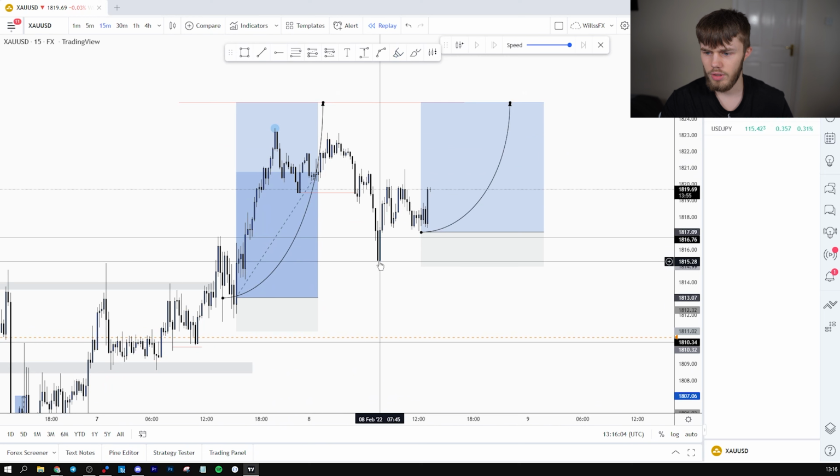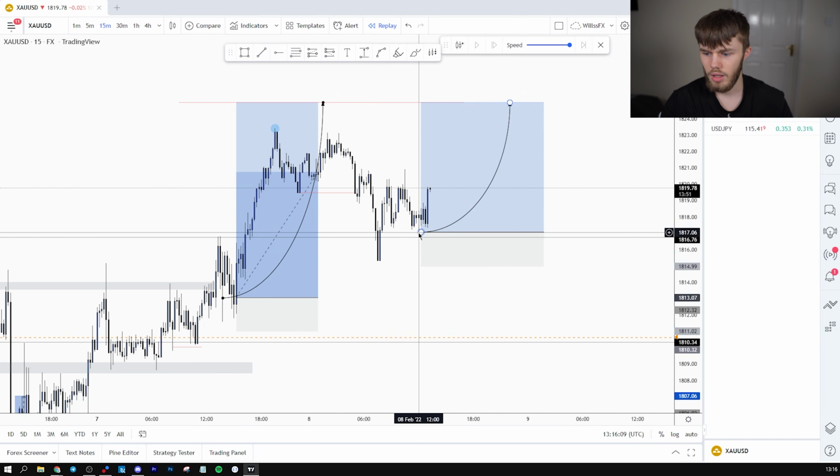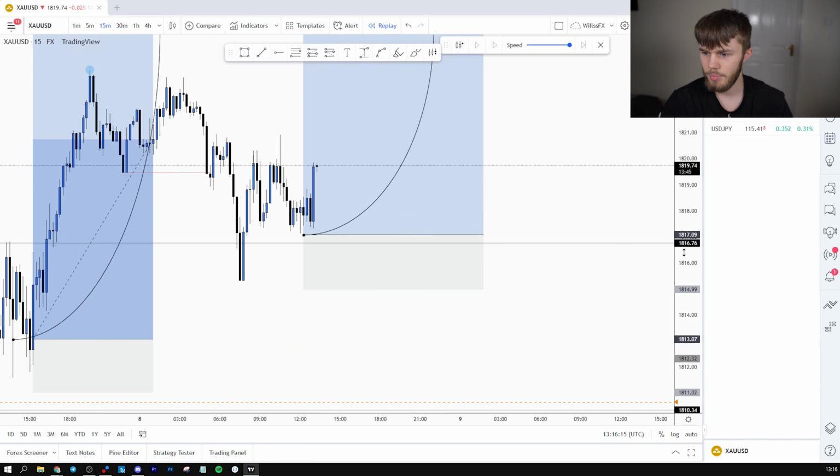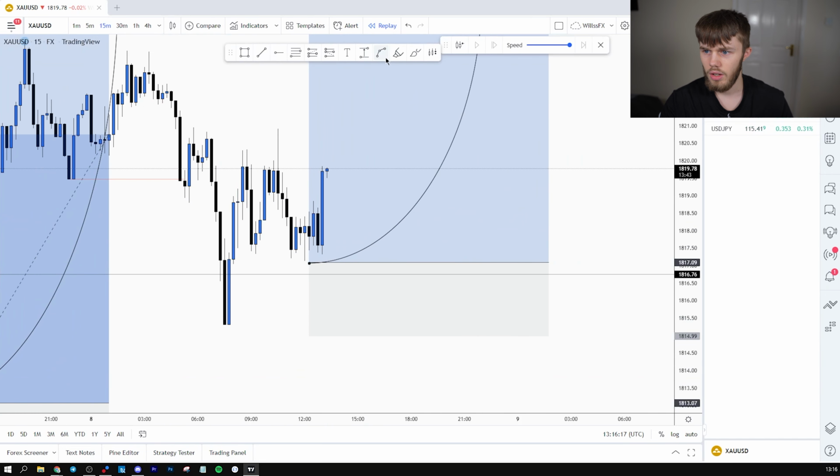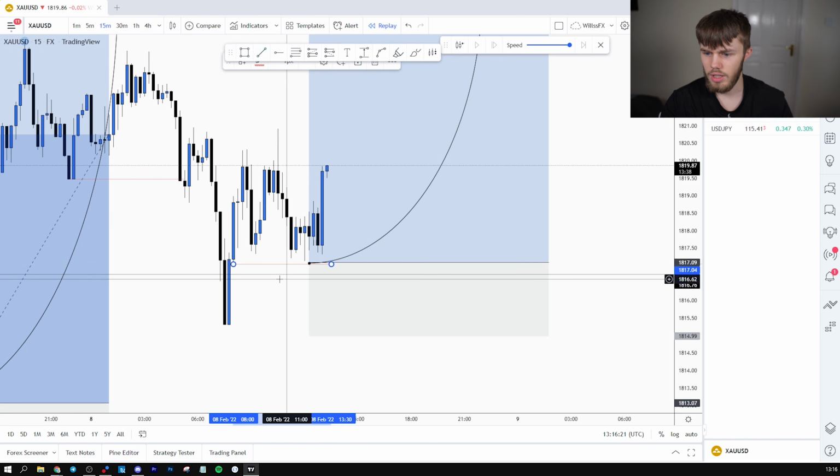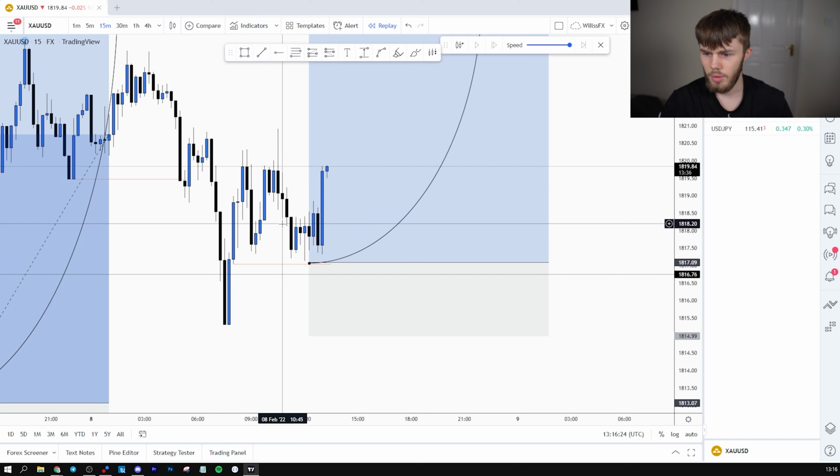Down here we've got Tokyo low. But where's the London low? Here. This level here is the London low. Or even this level here actually. So if we actually zoom in, you can see this. If we draw the line across, this level here, London low, pretty much almost got taken out,